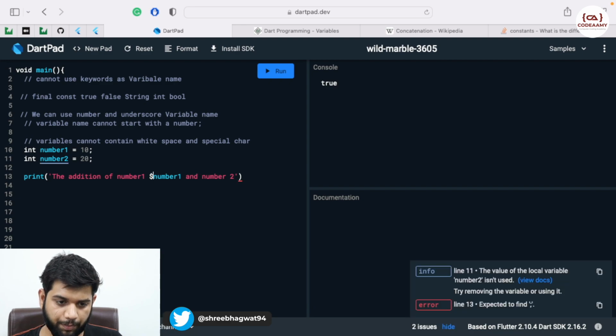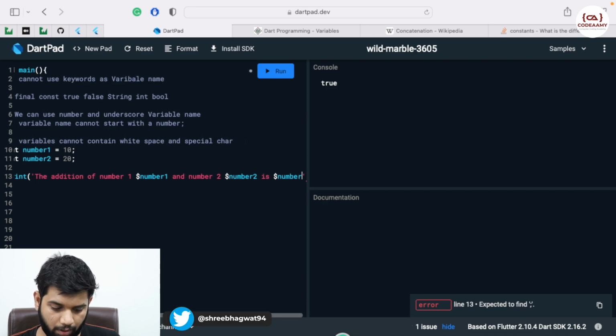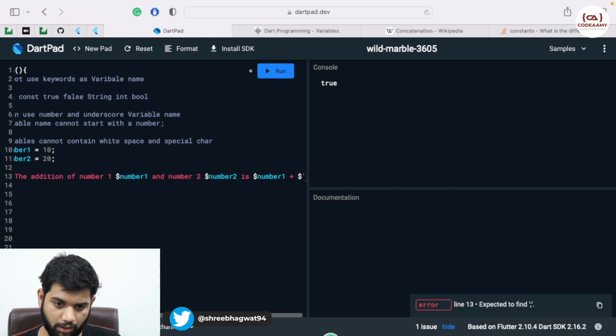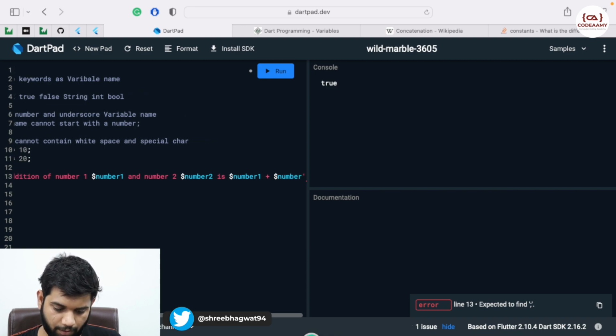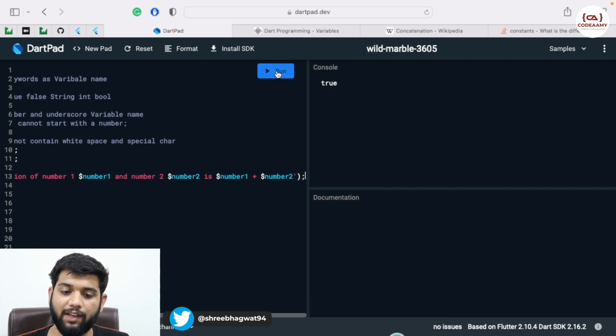Okay, let me give a space over here, and number2 is. Now if I do it like this, dollar number1 plus dollar number2, let's see what result we get, and I'll hit this run command.